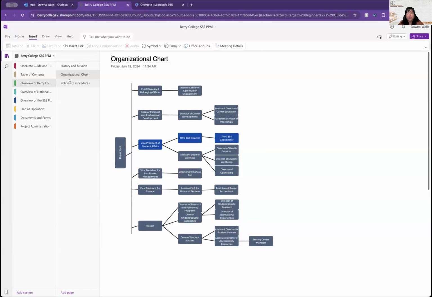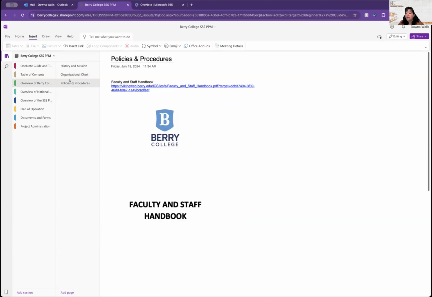And then in the policies and procedures, that is a link to the faculty staff handbook, not the project. So within your project's policies and procedures menu, you have a link to the institution or the agency's policies and procedures. Whenever you need to navigate there, don't try to duplicate it. Just list and have links for what your project needs, and when appropriate, hyperlink it to the institution's policies and procedures. But don't try to come up with one massive document that copies and pastes everything that's there. You won't be able to do that.